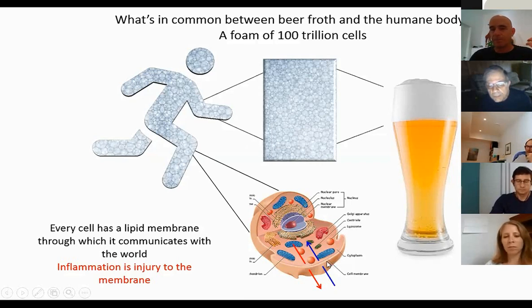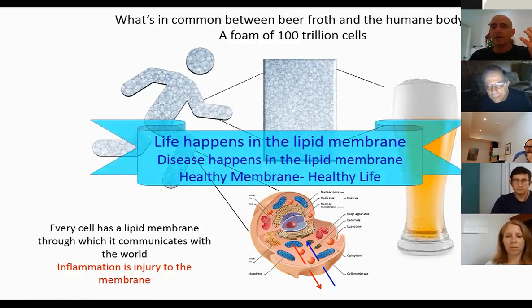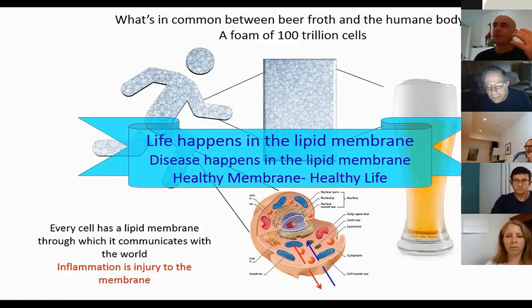You have raw materials and energy like sugar and water and minerals coming in, and waste like CO2 coming out. And every inflammatory process happens in the cell membrane. It doesn't happen inside, it happens on the surface of the cell. So I tend to say that life happens in the lipid membrane. Disease happens in the lipid membrane, and the healthy membrane is the key for a healthy life. I'm not talking about genetic diseases. I'm talking about inflammatory and chronic diseases. And we'll soon see that also